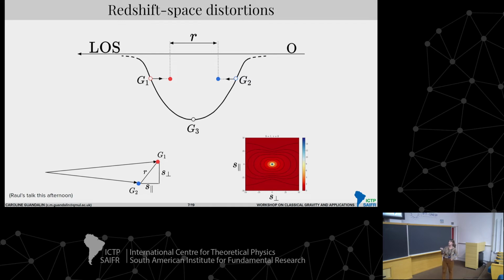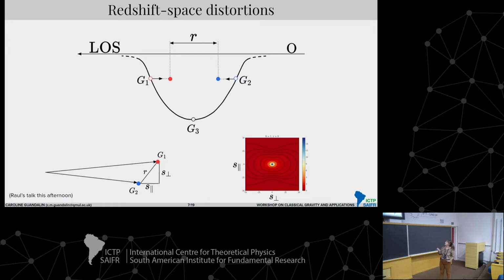It has been shown in many talks here, in particular, Raul also showed this. If you start entering the nonlinear regime, you start to see the fingers of God here. This is just showing the linear case. Basically, the fact that you have a velocity which you're projecting along the line of sight will add on top of the redshift that you would have from a pure 3D Robertson-Walker space-time. So this is a shift in coordinates, and this must be accounted for.